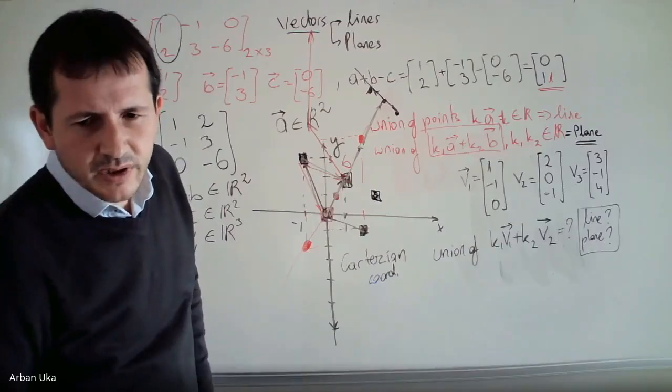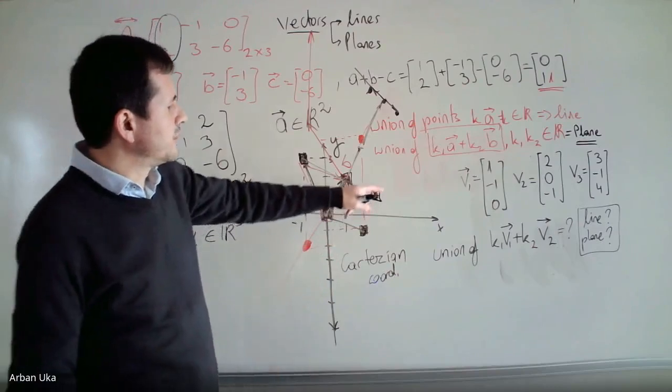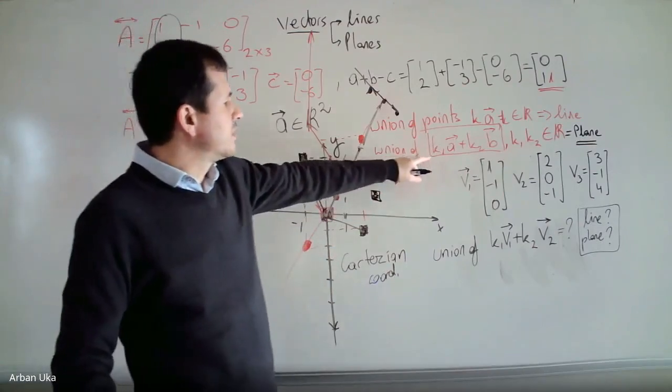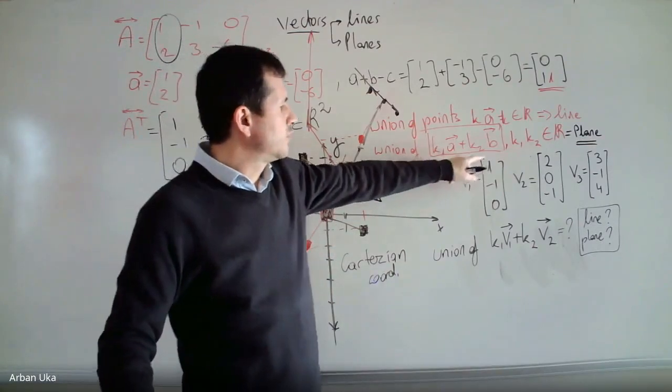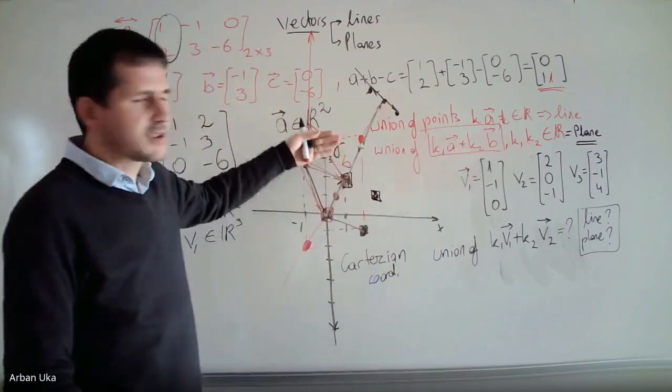Okay, so let's try to figure it out. Before, we said that if we take the union of K1 V1 plus K2 V2, we can construct a plane,